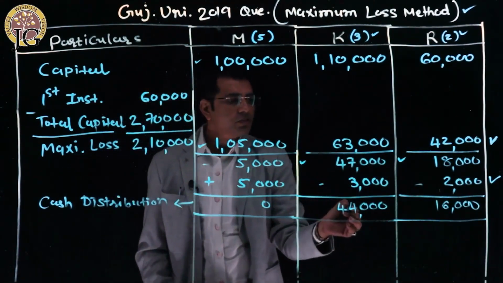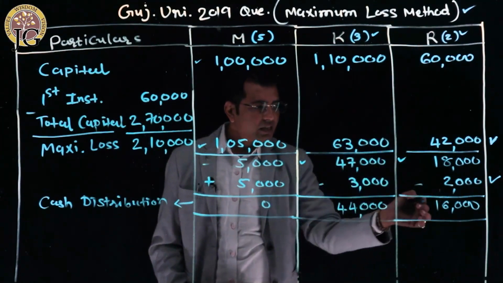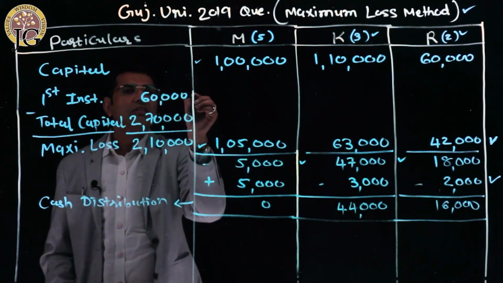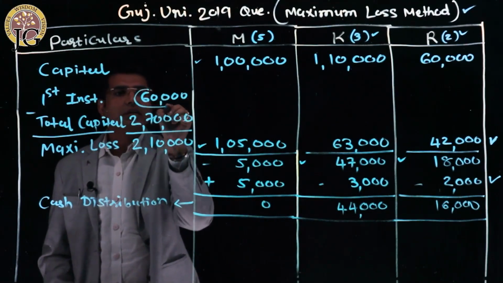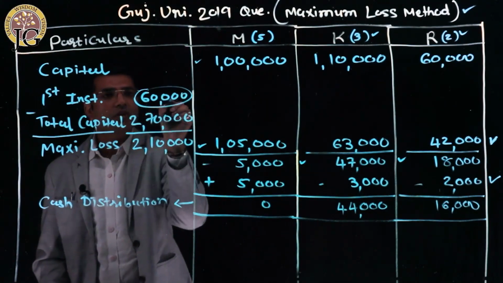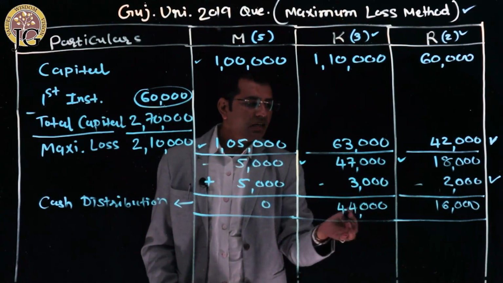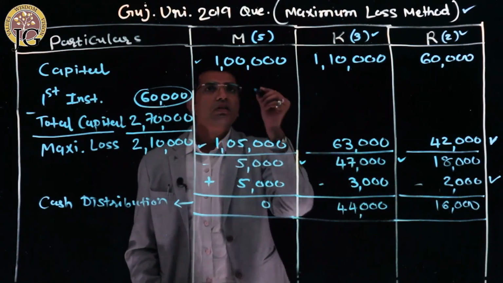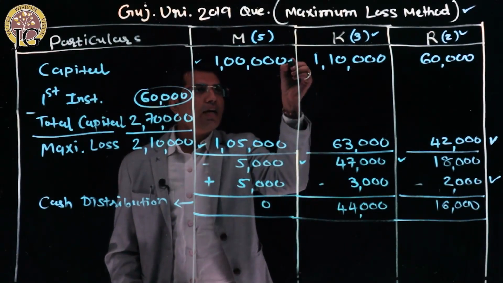So my cash distribution is 44,000 to K and 16,000 to R. That means 16,000 plus 44,000, we will get 60,000 rupees, the total. And I have 60,000 rupees cash in hand. So this 60,000 first installment amount will be distributed among the partners K and R as 44,000 and 16,000. So the partners' remaining balance after distributing the cash: